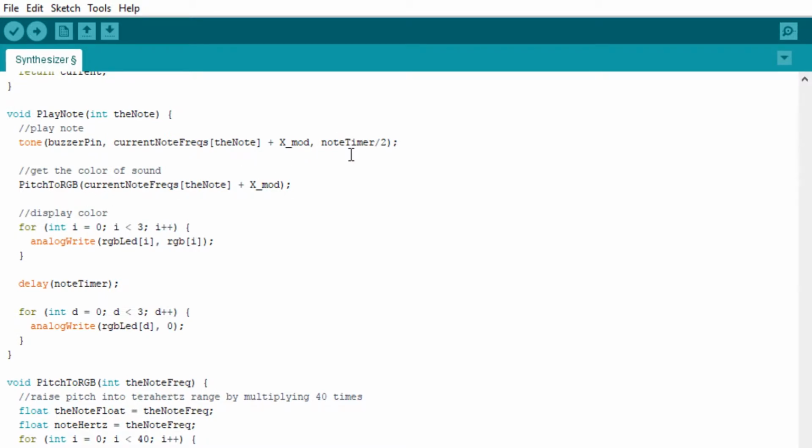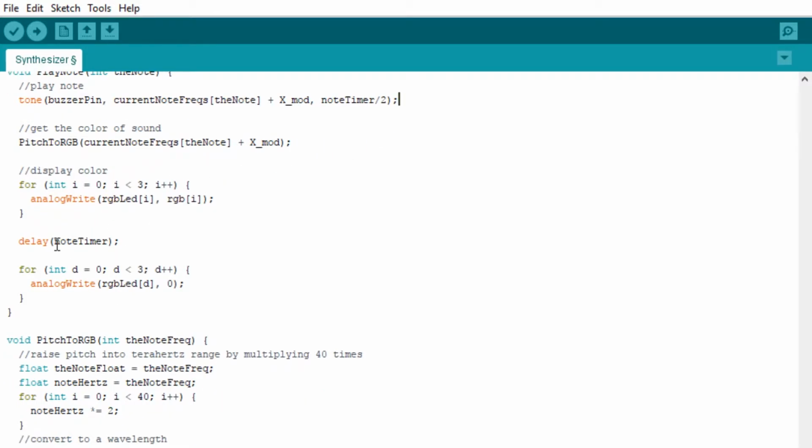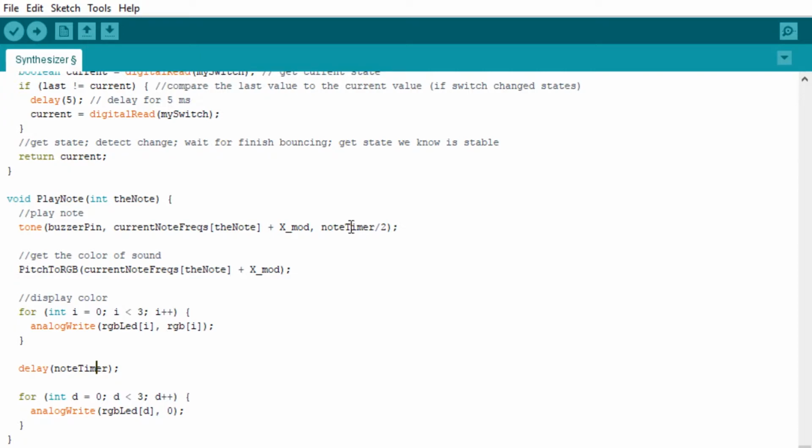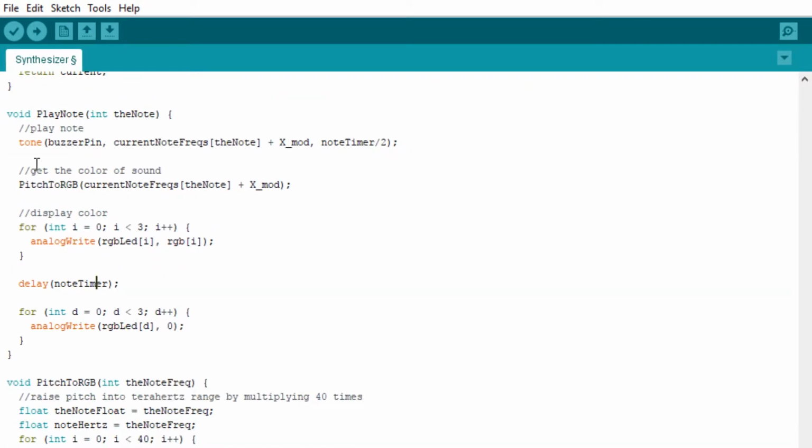Since the note will only play half the time, and then when it delays down here more than half the time, it takes another half of the note's time to start the note. So if you want a more staccato sound, you divide this. And if you want more of a whole sounding note, I imagine you would multiply that, but I haven't tried it yet. Next, we're going to call our pitch to RGB function, which I'll talk about in a second,